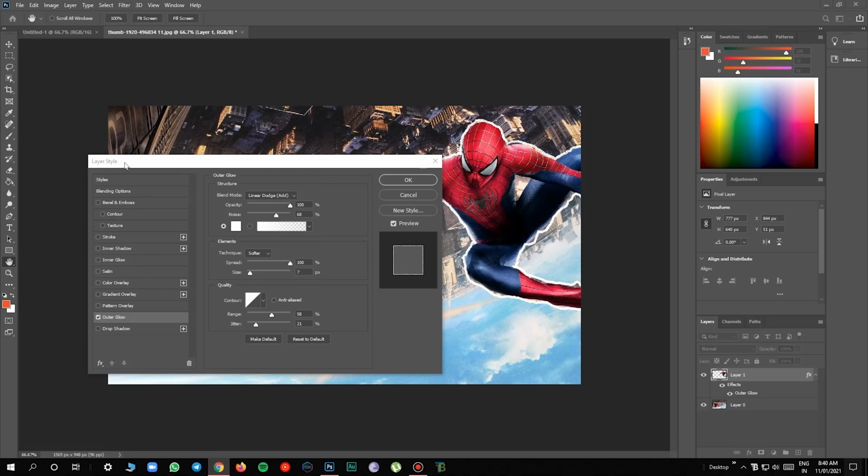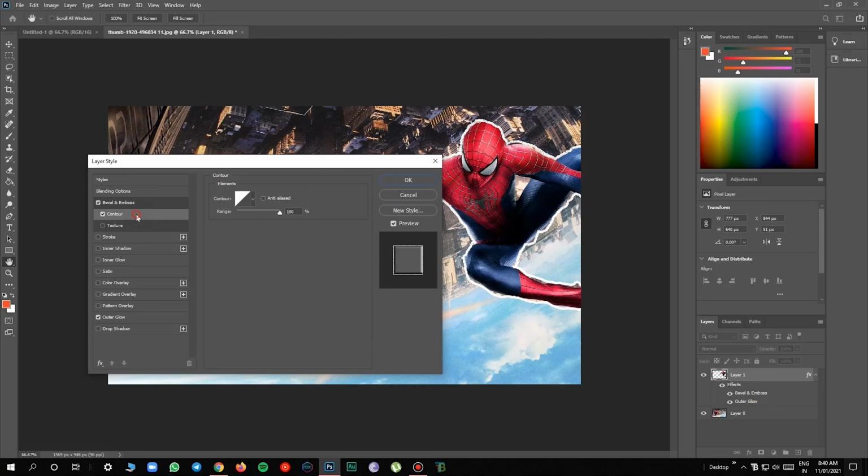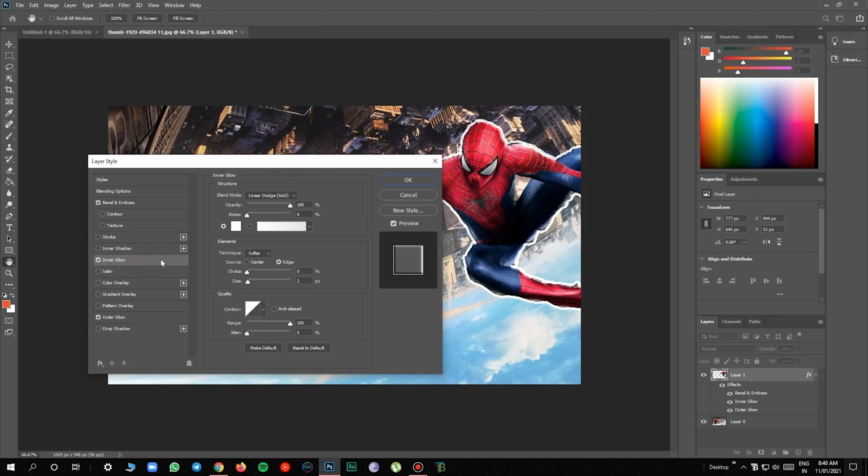Then the bevel and emboss, it makes a 3D effect, so I think we don't want that. Then the inner glow, which increases the glow from the inside.